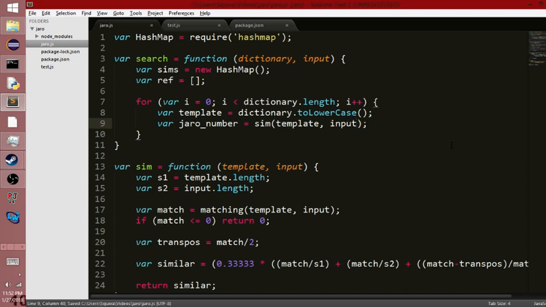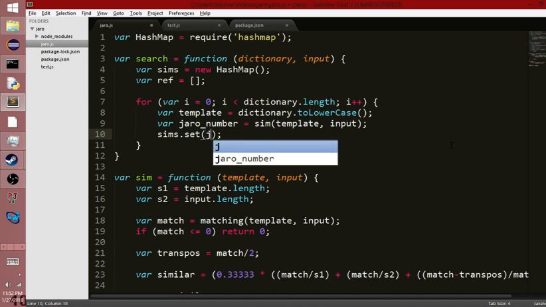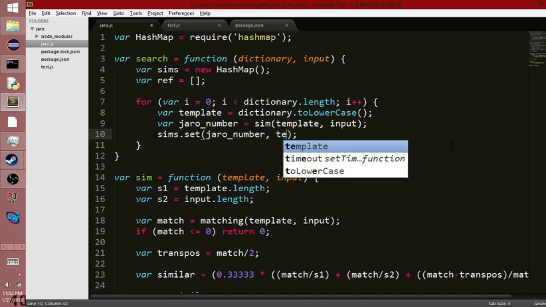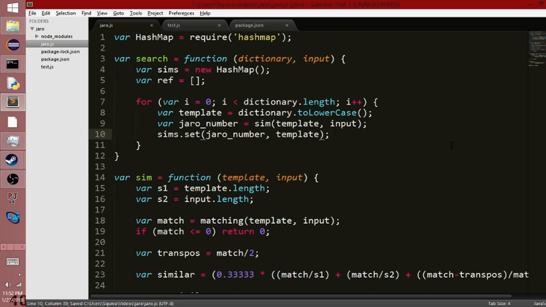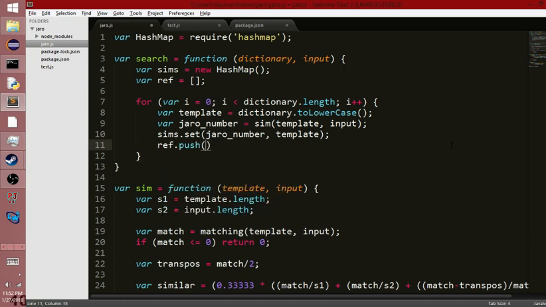Okay, so once you have that, what we're going to do is sims.set, and then you're going to put in the template and the input. My bad, the Jaro number and template. That's what I meant to say. So basically what you're doing is pairing up all the Jaro numbers with the templates in the hash map. And then we're also going to do ref.push